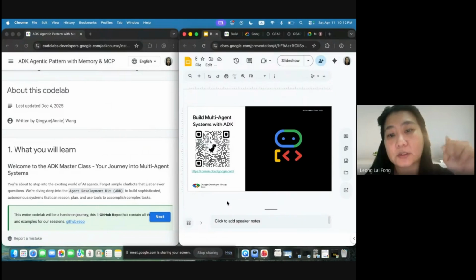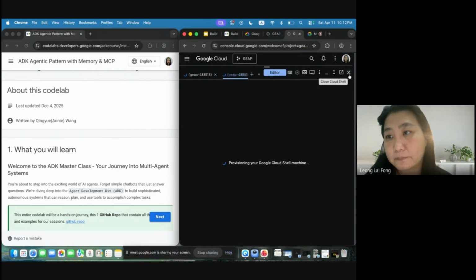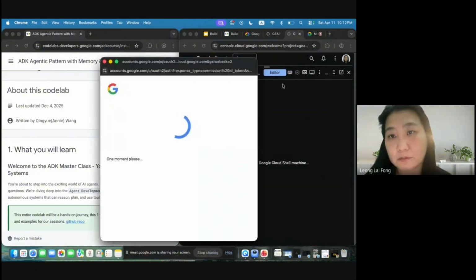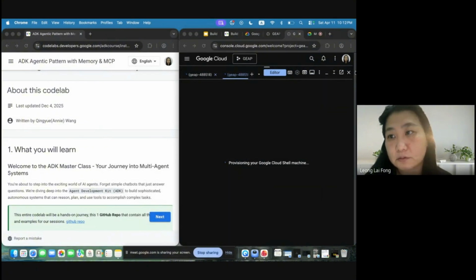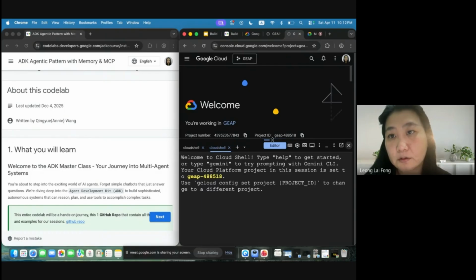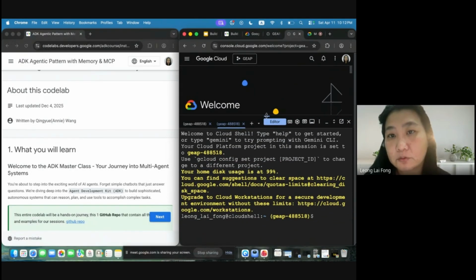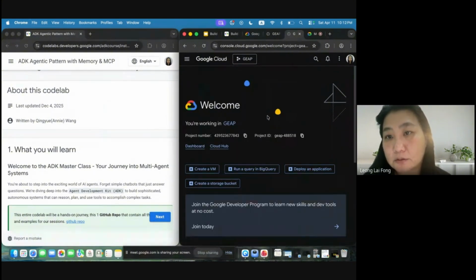So we will use the GCP Cloud Console. You just open the Cloud Console link in your UI. It may look different from mine, so don't worry if that is the case, or maybe I can start. So